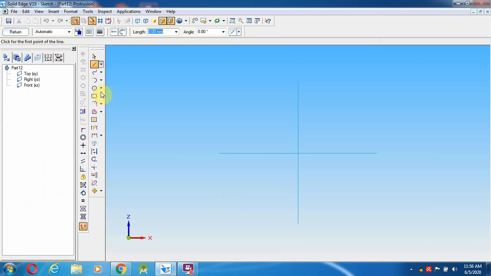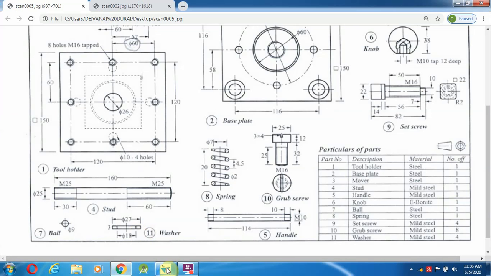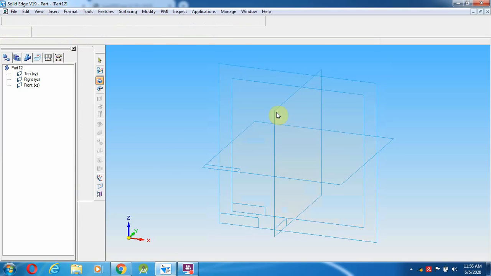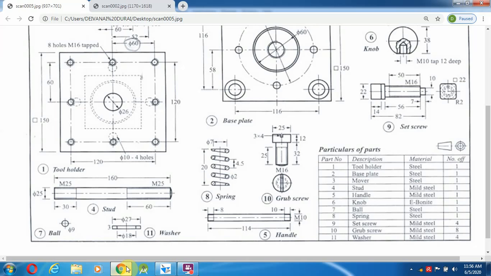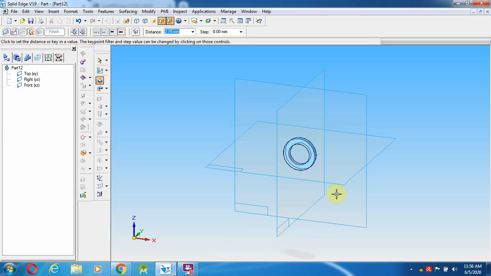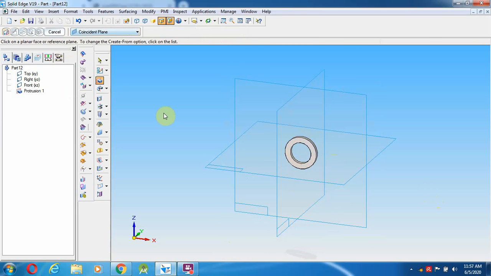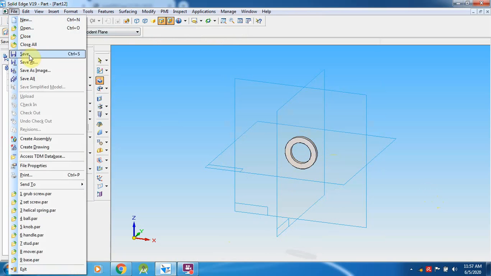Select a circle with maximum diameter 27, enter, and select a circle with minimum diameter 18, and give return. This will be 3 mm depth, so give 3, enter, left and right click. With that the washer is created over here.